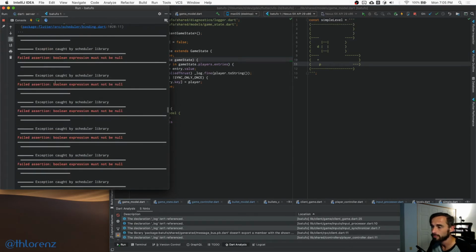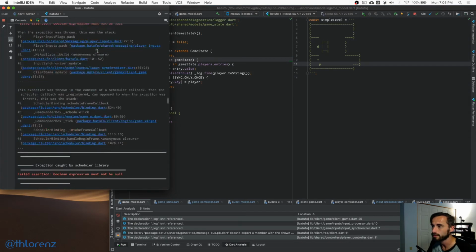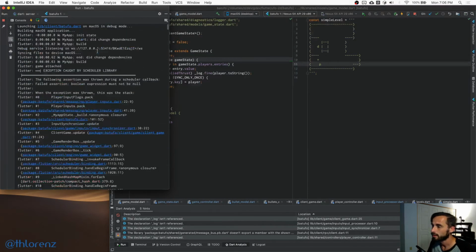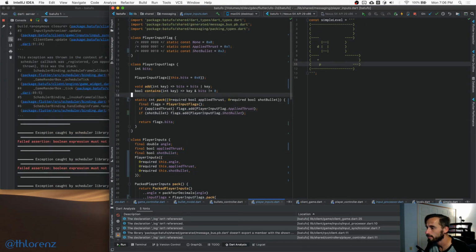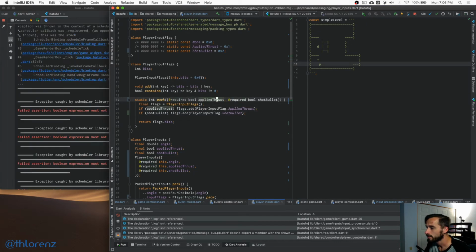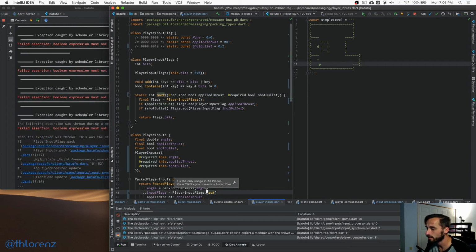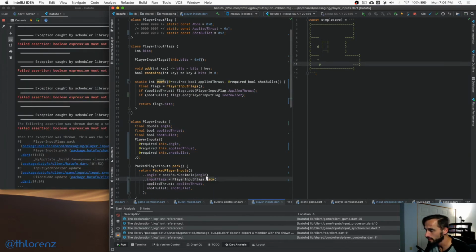We have a little problem. A Boolean expression must not be null. Okay, so I guess somewhere we are not setting the bullets to something. Player inputs. Let's see. Required bullets. But I think when we're packing, we're not passing this. Okay, so we are. Shot bullet is basically this. When we are creating this, this is where it really sucks that our required doesn't really give us any